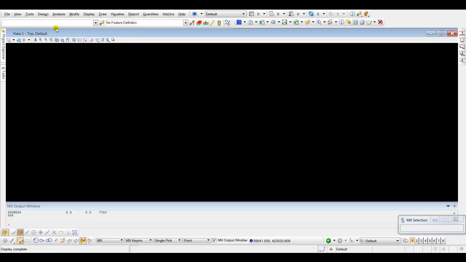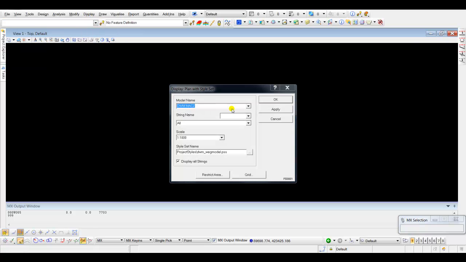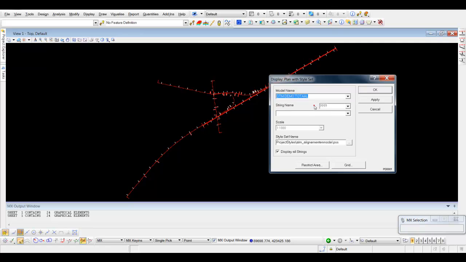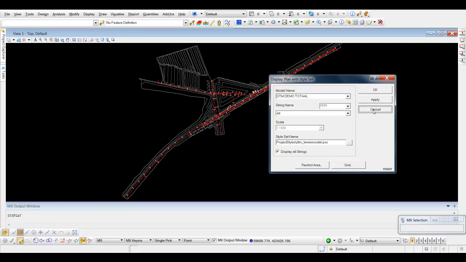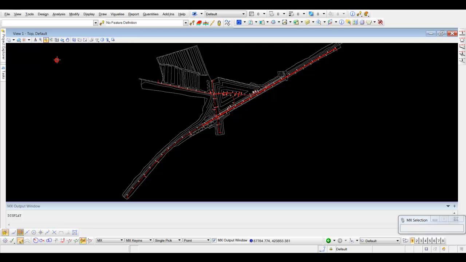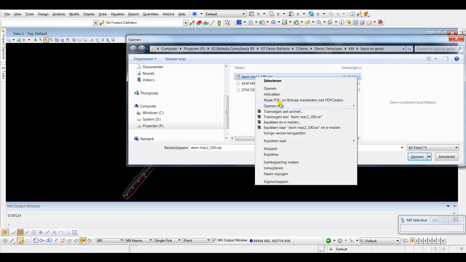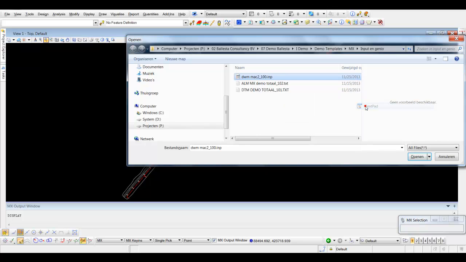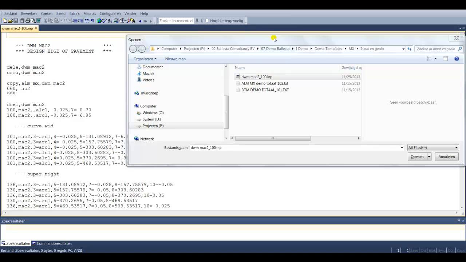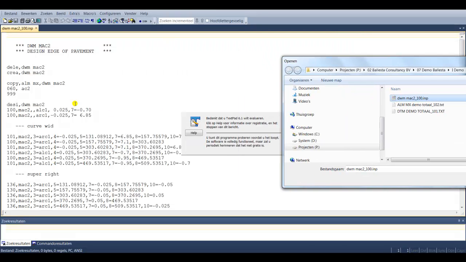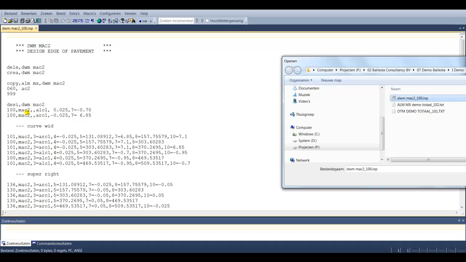Then it displays the alignment and the DTM. What I'm going to do is use an input file to run the design. We call them DWM. So I'm just creating the file, the model name, and copying in the alignments, and